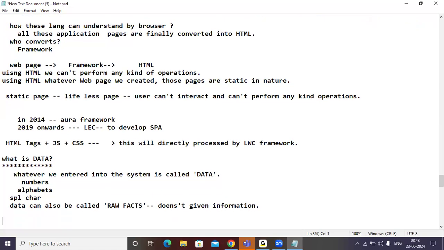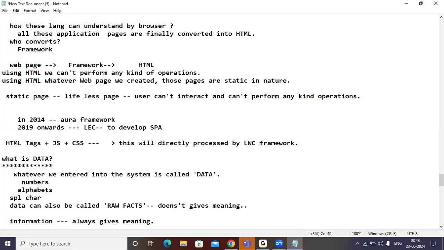information. So the difference between data and information is that data does not give meaning. But information always gives meaning.